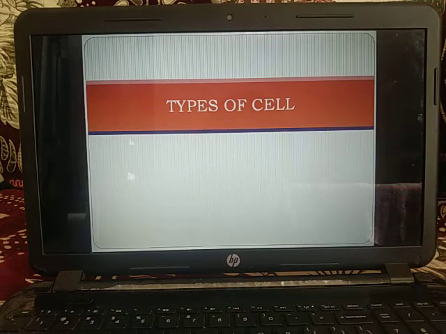Undifferentiated or stem cells are unspecialized cells which usually possess the power of division. Stem cells are found in apical meristem, root apical meristem, vascular cambium, cork cambium, stratum germinativum of skin, germinal epithelium, bone marrow, etc. They contain the stem cells. Zygote is also an undifferentiated cell, that is a union of the male and female gamete.